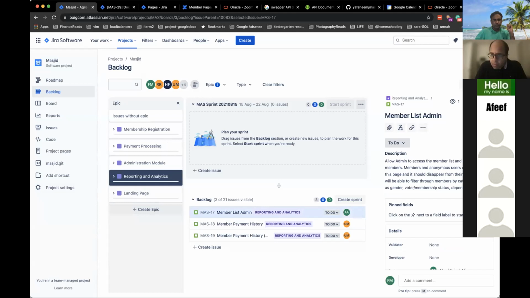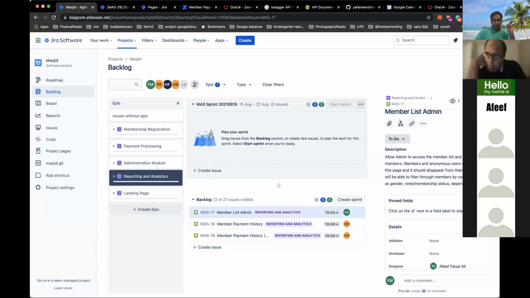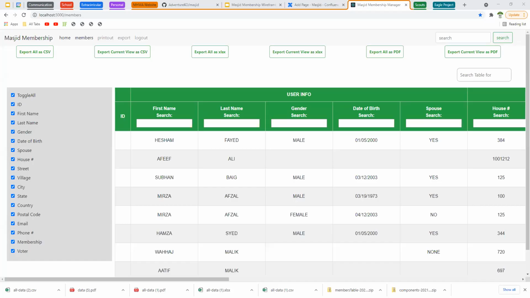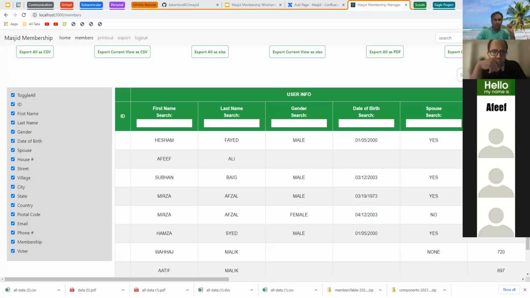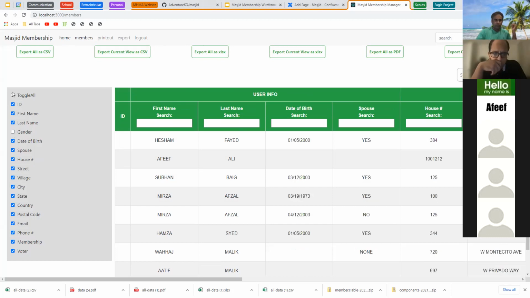All right, so Hamza and I were working together on the table. I can't share while you're screen sharing, but I can give a little update on it. We were able to get the data. Hamza was able to bring it in, and I was able to make the buttons work. So you can see this is the page right now. There's a little bit of UI additions. There's the buttons up here. They're able to show now, and the columns are adjustable. You can choose different filters, make them disappear, make them show.